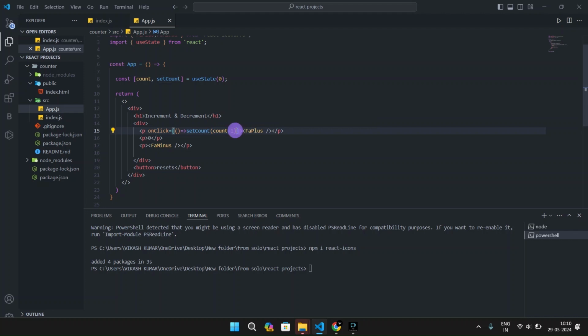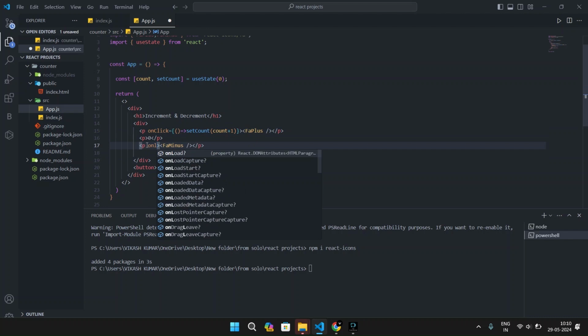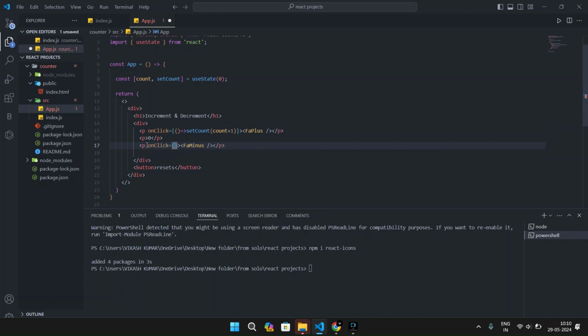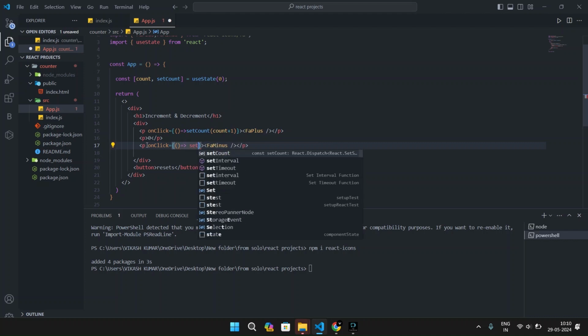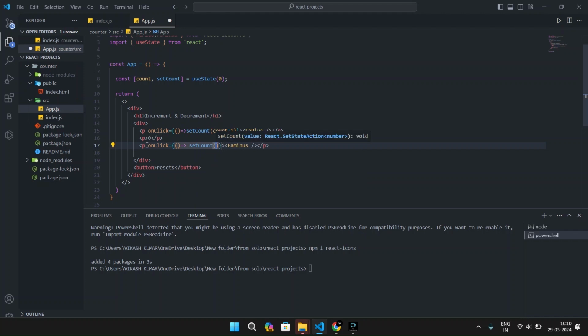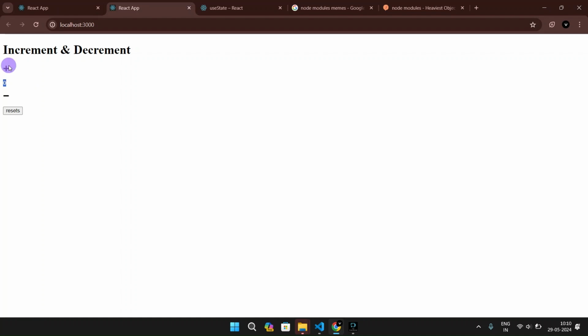Let's set it for minus also. So here we'll write on click, we have a function, an arrow function, and we want to set count to be count minus 1. So when you click on this, it will set to minus 1, but it is not working